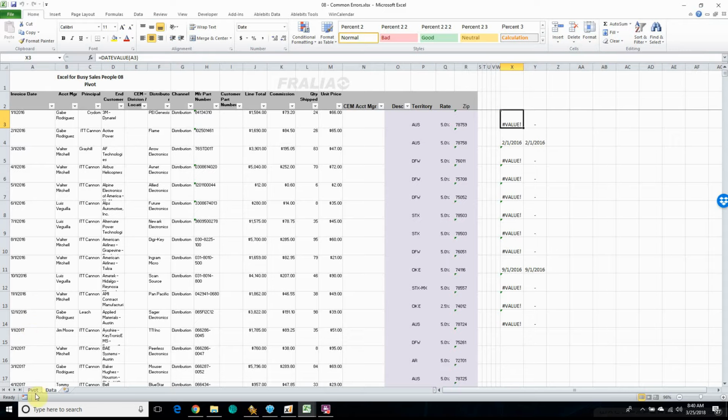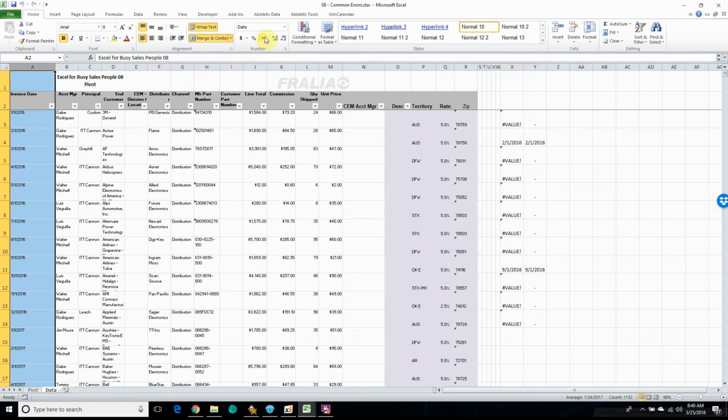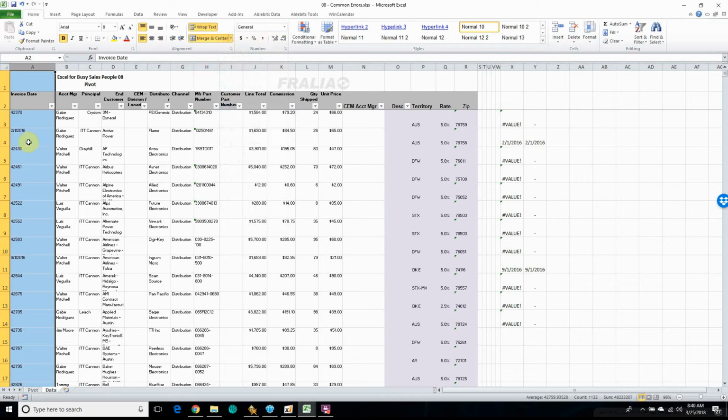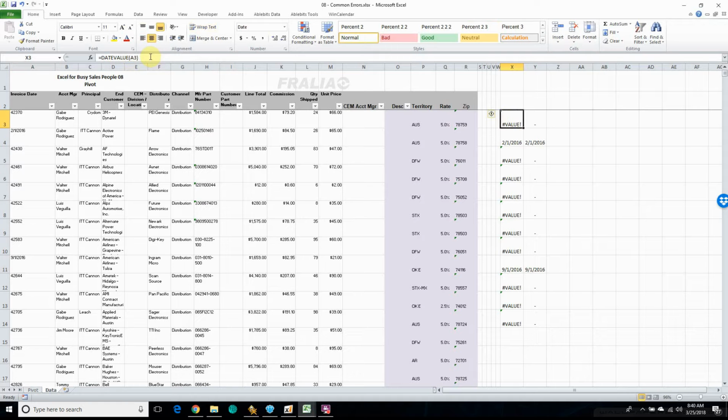So one thing that we could do, again, if we're looking for the fox hiding among the chickens, go over here and change this format from date format to general. Everything that is a date now shows up with the Microsoft date code, and you'll see these two guys stick out. Again, you can do it with a formula over here, the DATEVALUE formula,